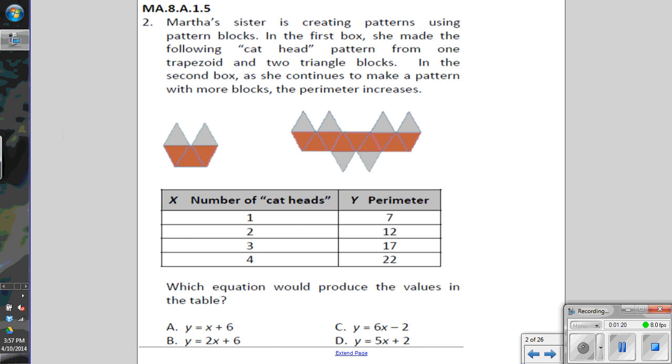Number 2, Martha's sister is creating patterns using pattern blocks. In the first box, she made the following cat head pattern from 1 trapezoid and 2 triangle blocks. In the second box, as she continues to make a pattern with more blocks, the perimeter increases. They give you a table, and then they ask which equation would produce the values in the table. Well,